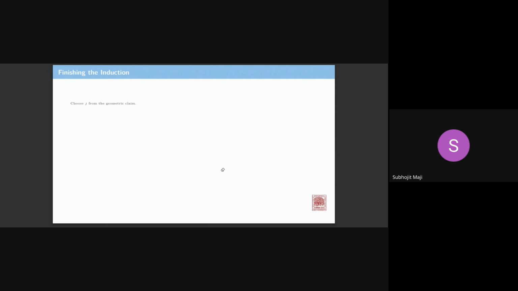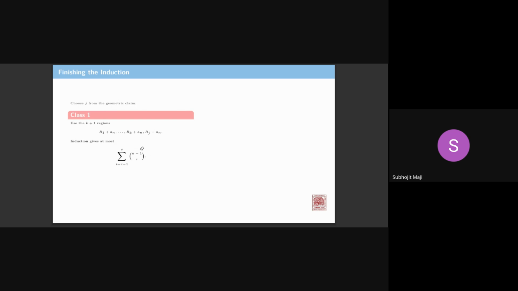Now from this you can get that you choose that particular j, and then you take these k minus 1 regions, that is r1 plus an, r2 plus an, up to rk plus an, comma rj minus n. You just add this region rj minus n to here, and that will give me nothing but a k plus 1 region. And the induction gives us that this many regions that are there will have a binomial term